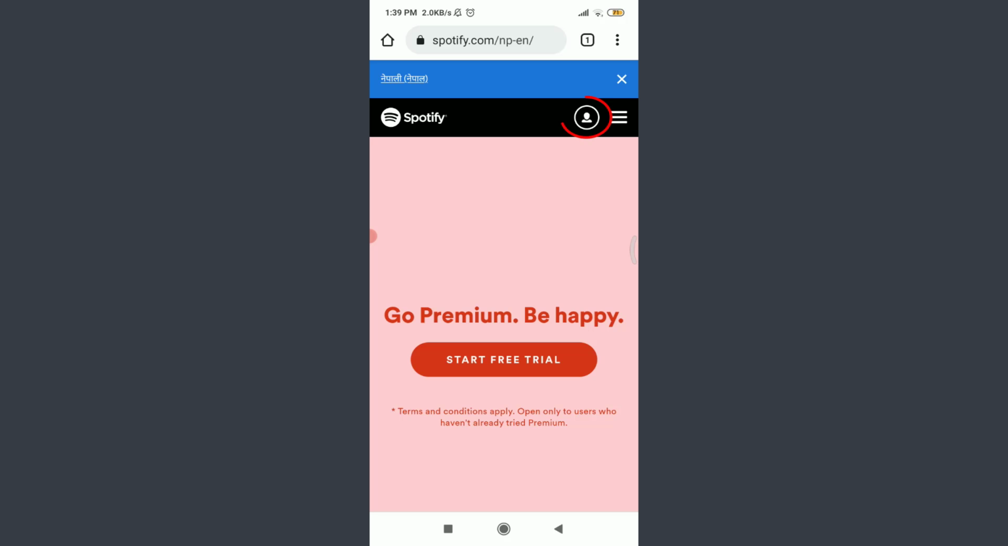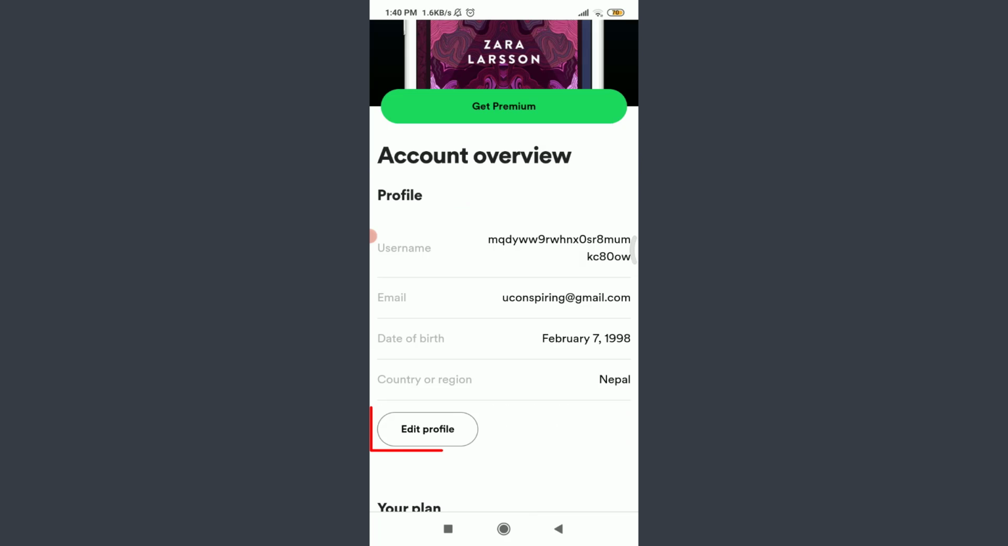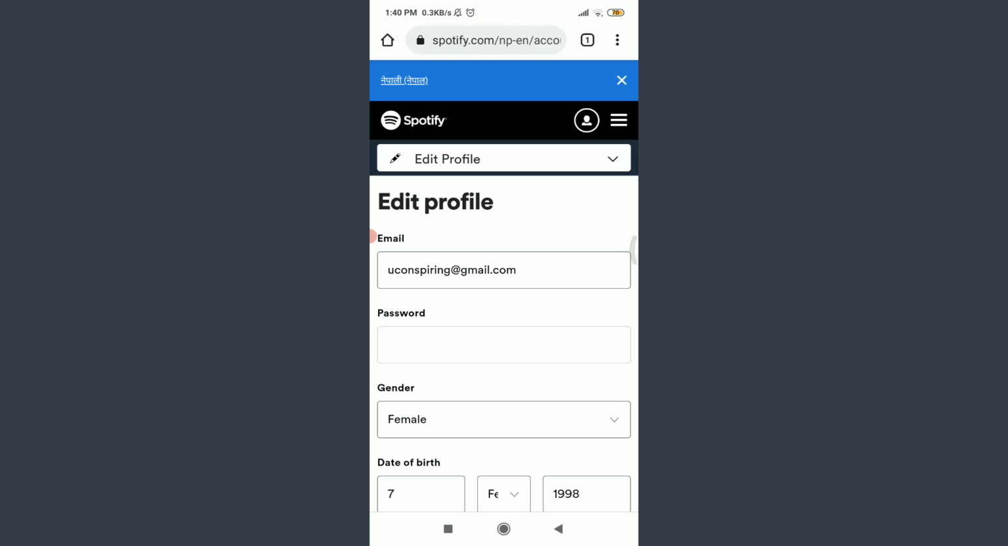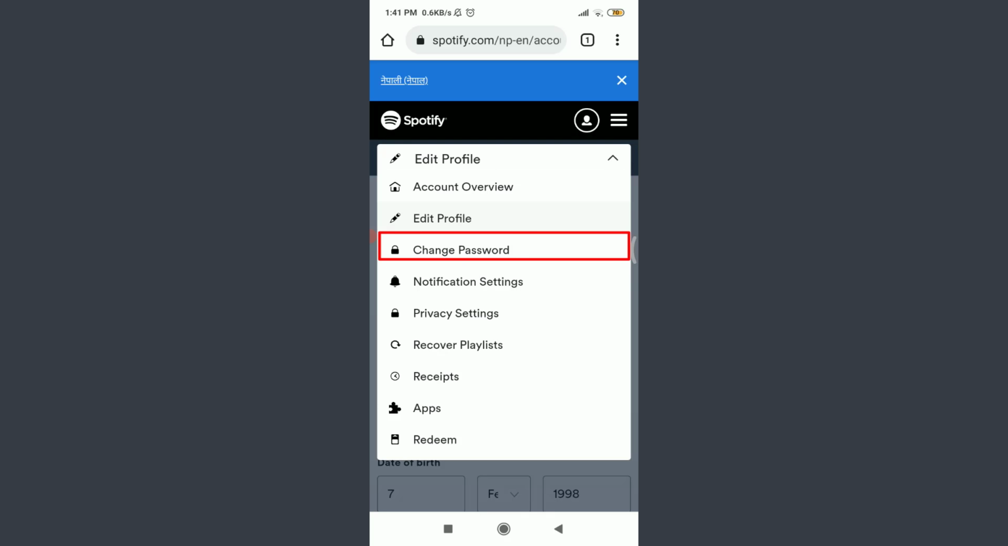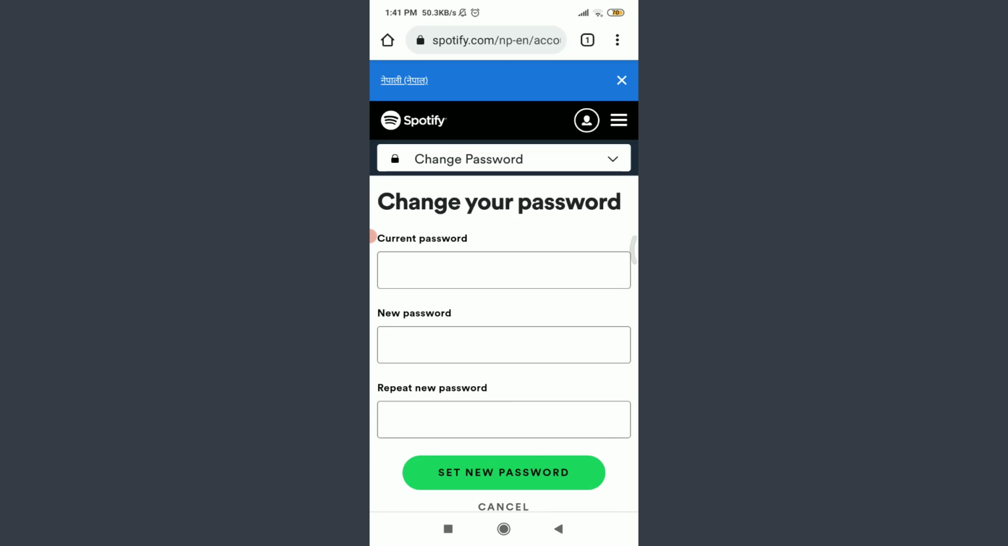Now tap on this profile icon on the top right corner. You can see it's an account overview. Scroll down. On the left corner, you can see an option of edit profile. Tap on edit profile. After getting into this edit profile section, tap on this edit profile above. Here you can see you have an option of change password below edit profile. Tap on change password. So now you need to enter your current password, create a new password, and repeat the